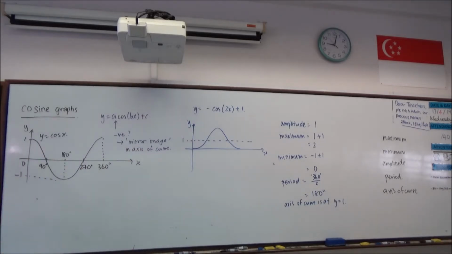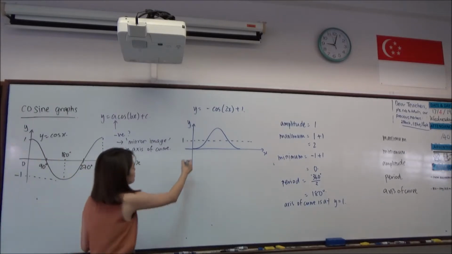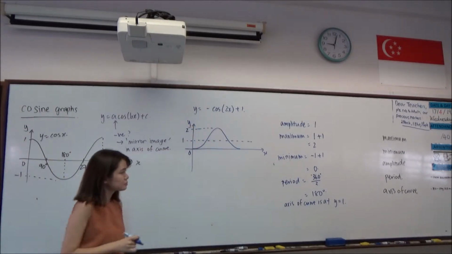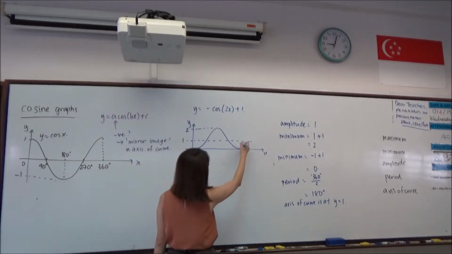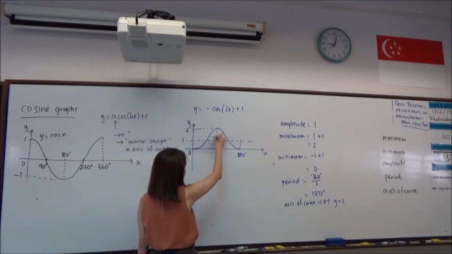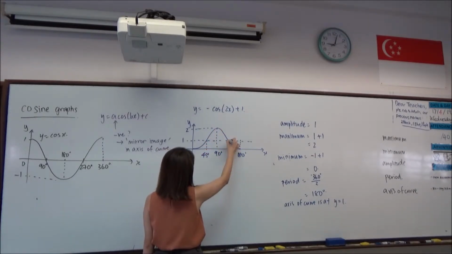That is what we mean by flipping in the axis of curve. So the minimum is at 0, the maximum is at 2. The period is now 180 degrees, so this is 180 degrees. So 90, 45,